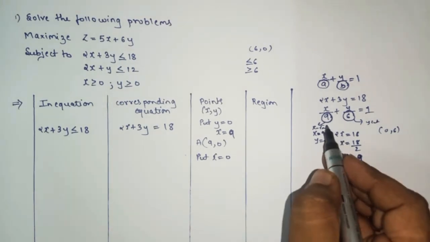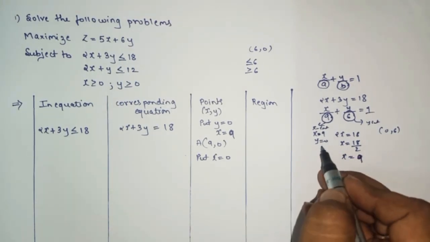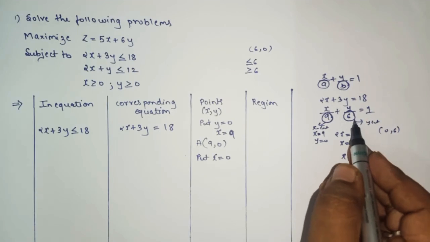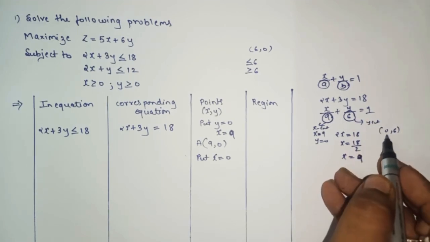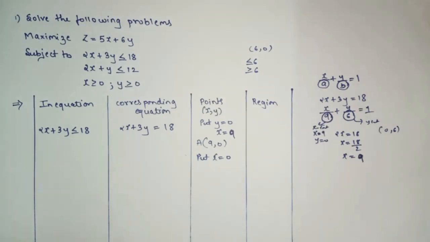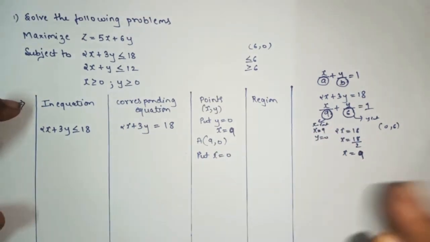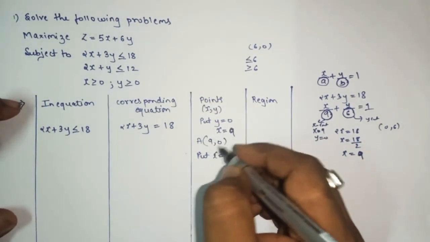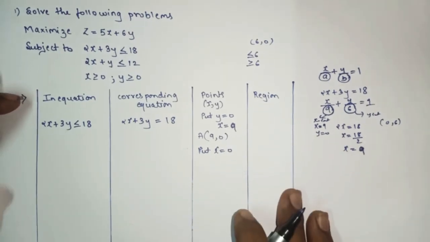As we know that whenever we have the x intercept, the value of y will be 0. Whenever you have the y intercept, the value of x will be 0. So that only we are doing here. Okay, so there are two ways in which you can find your answer. I guess this is the simplest and easiest way.